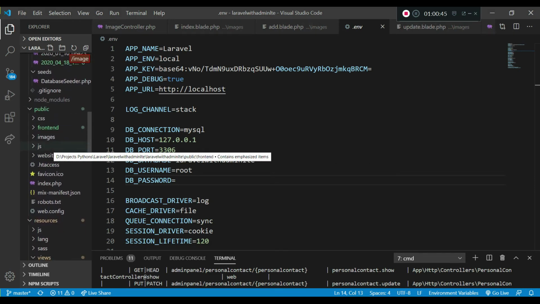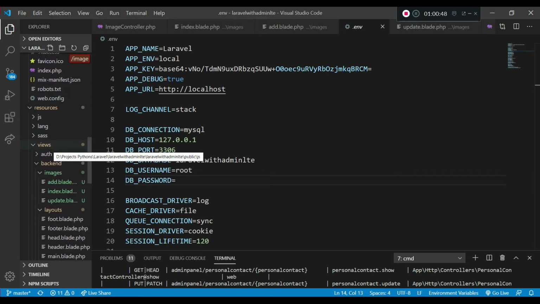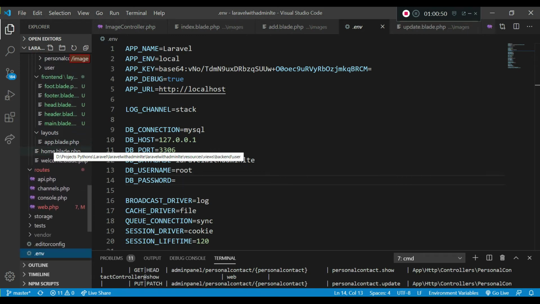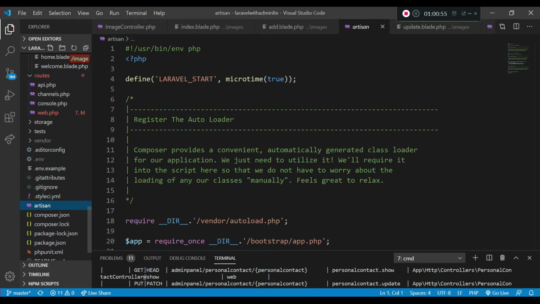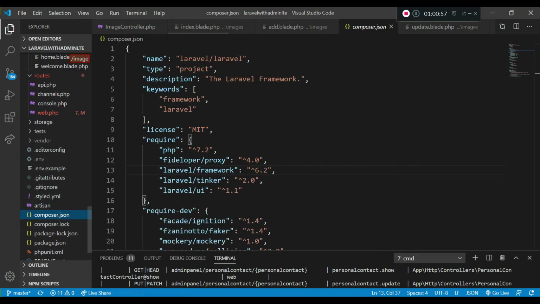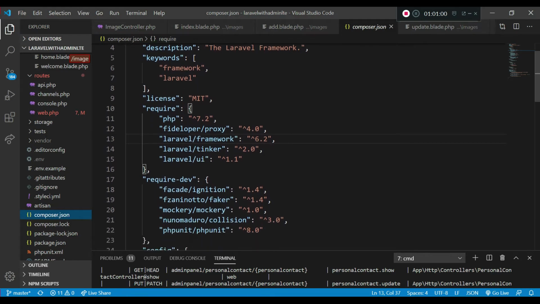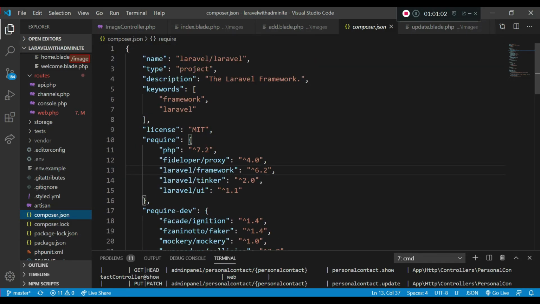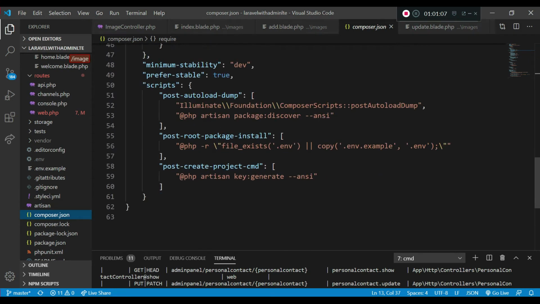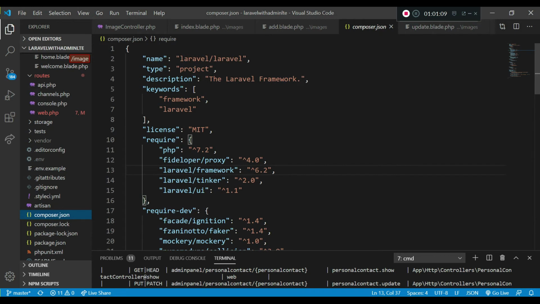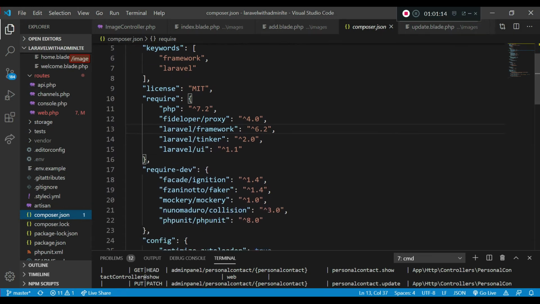Okay, there must be one package file called... there must be one package. Okay, composer. Yeah, here it is. So what we have here is the Laravel project and the Laravel framework, maybe PHP. We need the PHP. Okay, here it is. So we have the PHP, this one,